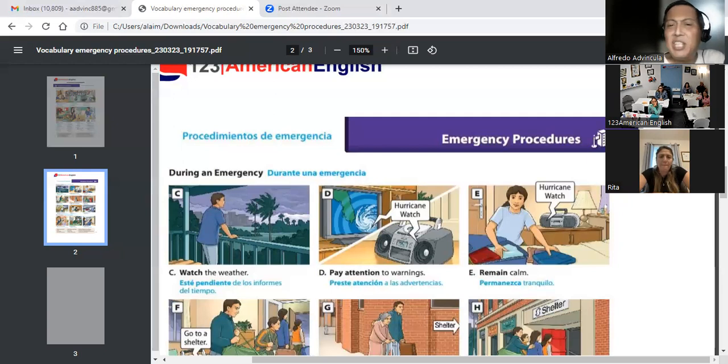Let's repeat that, guys. Watch the weather. What, Erica, what do you see in the picture here for letter C? Could you tell me what you see? He watched the weather in this moment. And what does he see? The weather is